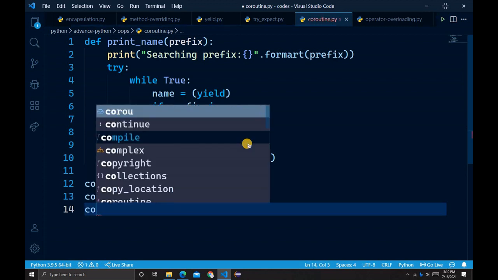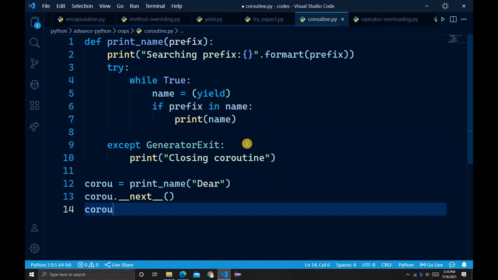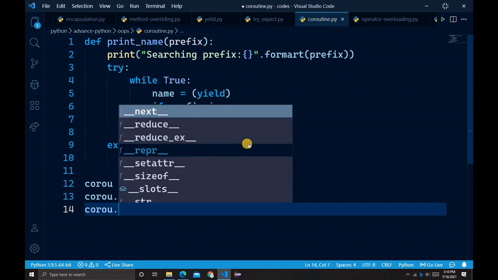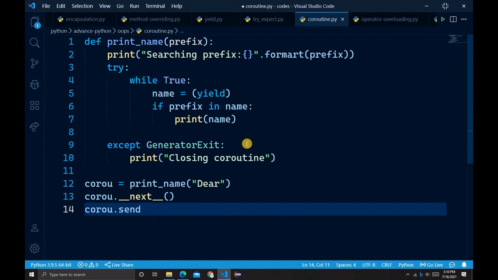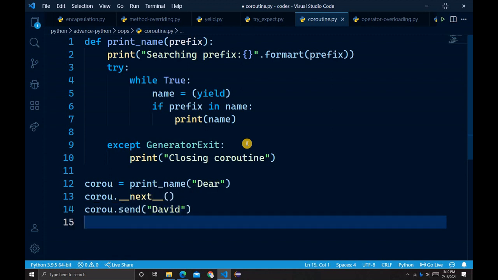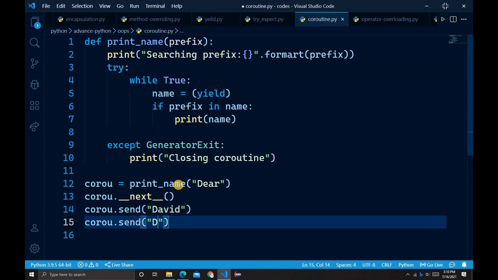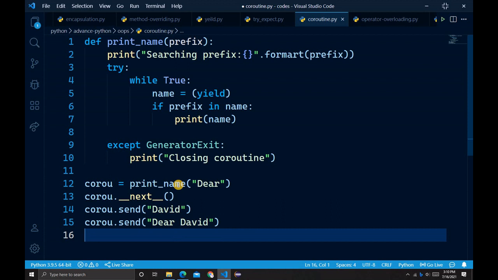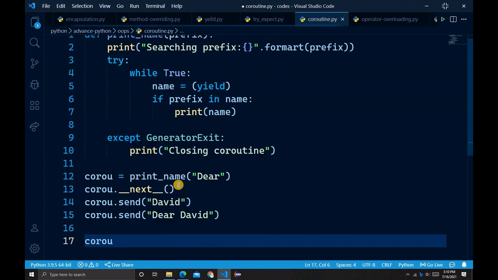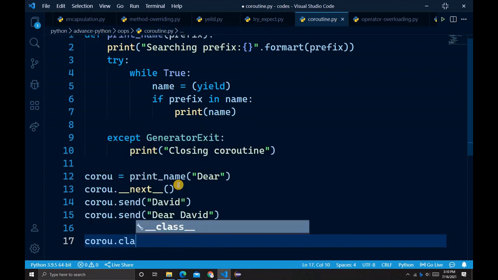Then we type the short form of coroutine dot send method. So guys, this is the send method which we discussed. Then we type David, and again let me copy this, I just want to duplicate this, and then we type Dear David. And then we type the short form of coroutine dot close.